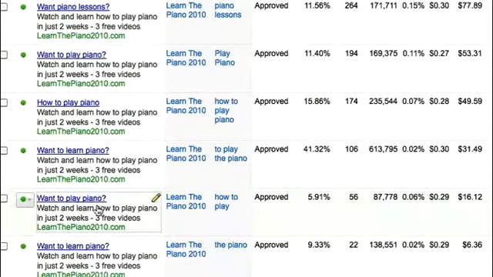This Want to Learn Piano here was in the To Play the Piano ad group. You see what I'm saying right here? The ad group name is To Play the Piano, so all the keywords were revolving around To Play the Piano, but my ad here is Want to Learn Piano, so it's really not a perfect match, all right? So what I need to do is go through these and make them make more sense with the keywords, okay?